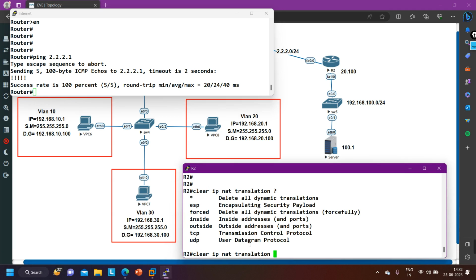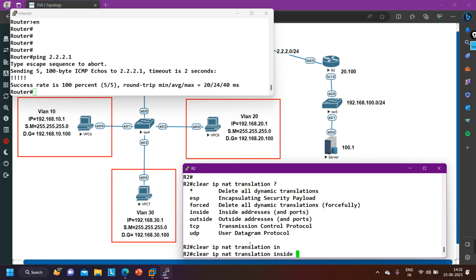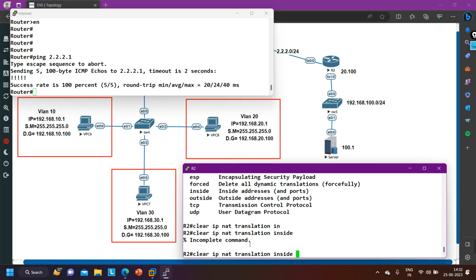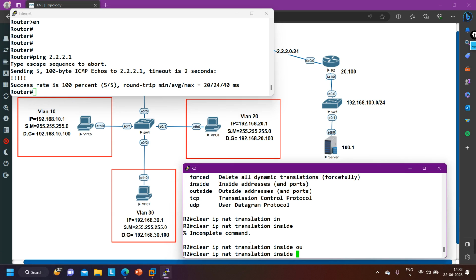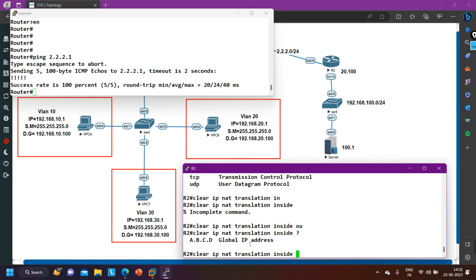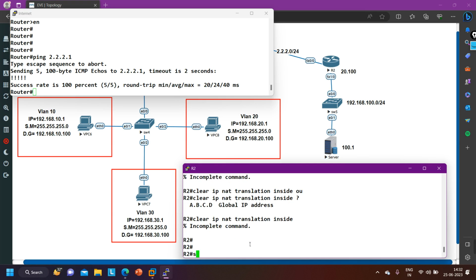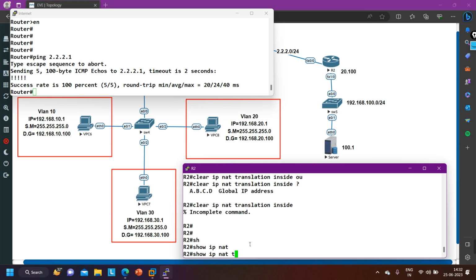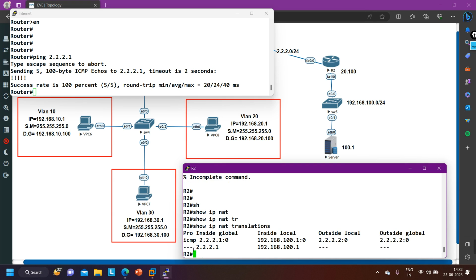After that question mark, here we can say, let's say inside, outside, inside, then question mark, and here we need to define the IP address. Okay, leave. So IP NAT translation. See, there is one translation that